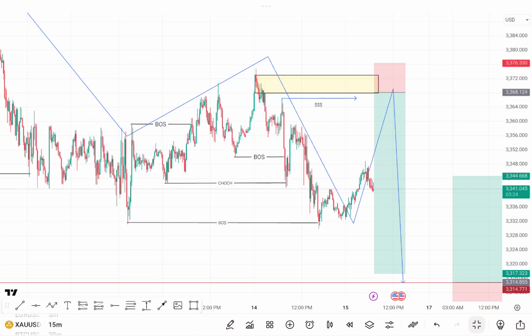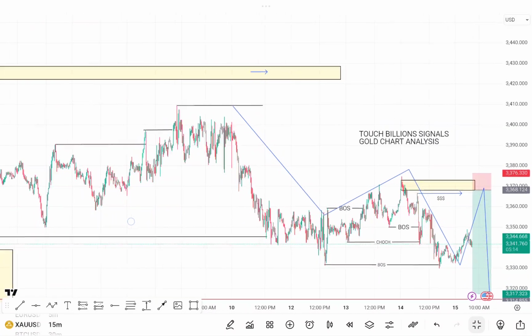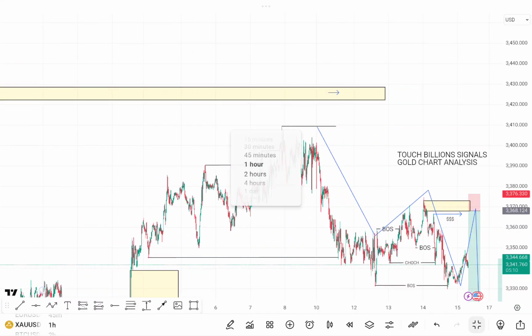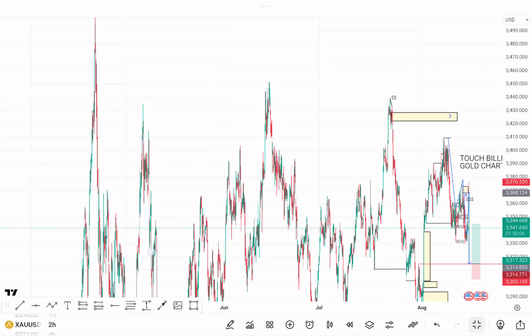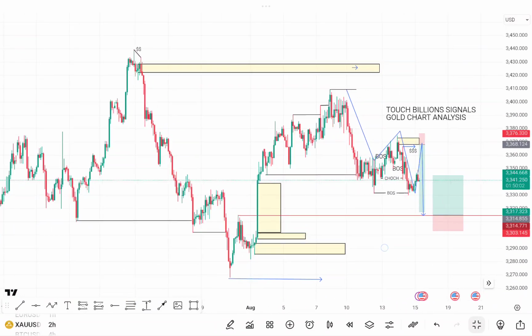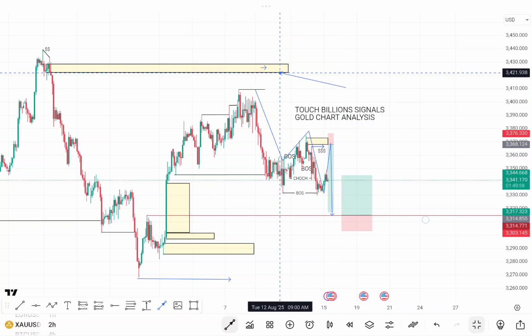So this is my look on gold, on what I feel that gold will do, and we just have to keep our fingers crossed. We already have key level points that we've outlined at the upside here. You can see this upside of 3, 4 thereabouts. We're still patiently waiting at those zones. Let's go to the 2 hours or 1 hour time frame to make this clearer. We still have key level zones at this very top here. The market will certainly come to this point, but we don't know when.